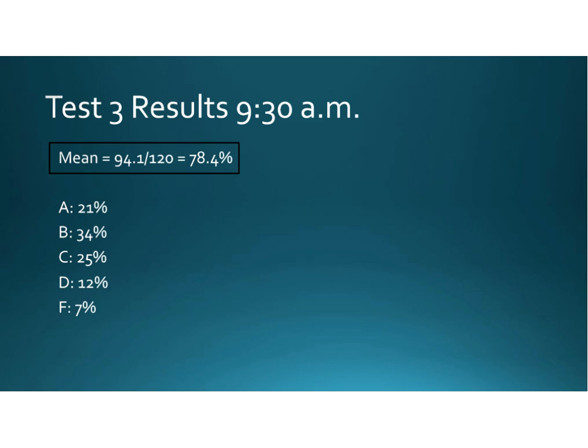I always look at the difference between the A and B percentages added up minus the D and F percentages added up. So that's 55 minus 19, which is a plus 36, which is awesome. I've had many tests where that was actually a negative number. That is, there were more people getting D's and F's than getting A's and B's. So you guys are really doing a great job. If you've been doing well, keep doing what you've been doing. If that includes going to SI and so forth, please keep it up as we move through the 4th part